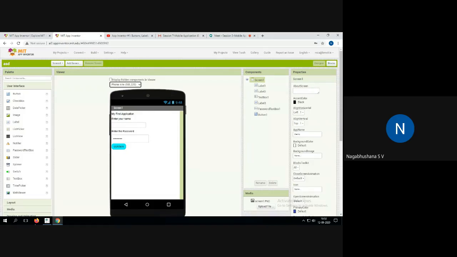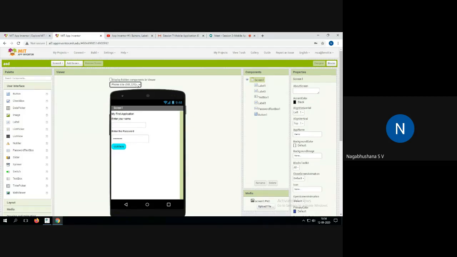There are three options here. You have phone width of size 505 and 320 pixels. I have just created a simple app, where I have labels, names and text fields, and a simple button.